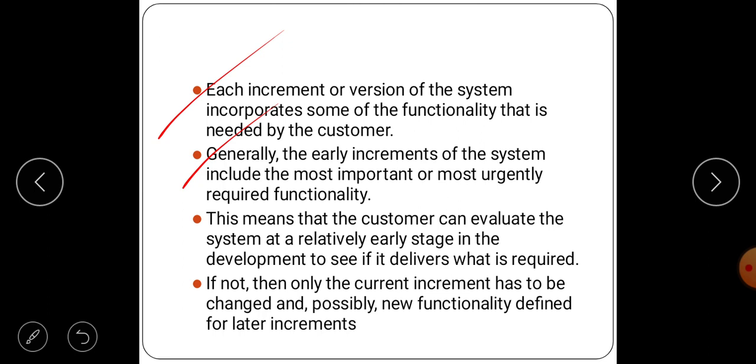Next, generally the earlier increments of the system include the most important or most urgently required functionality. This means that the customer can evaluate the system at a relatively early stage in the development to see if it delivers what is required.